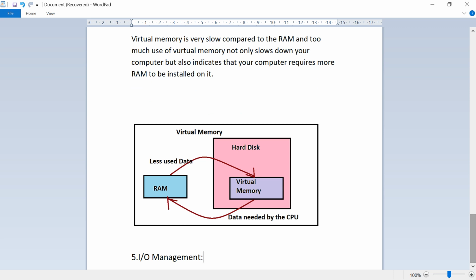Virtual memory is some area on the hard disk which is used like RAM and holds the data the CPU does not need immediately. Both Windows and Linux support virtual memory. Virtual memory is also volatile like RAM.